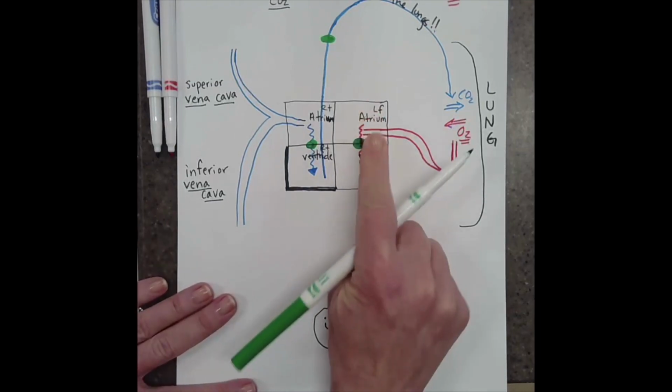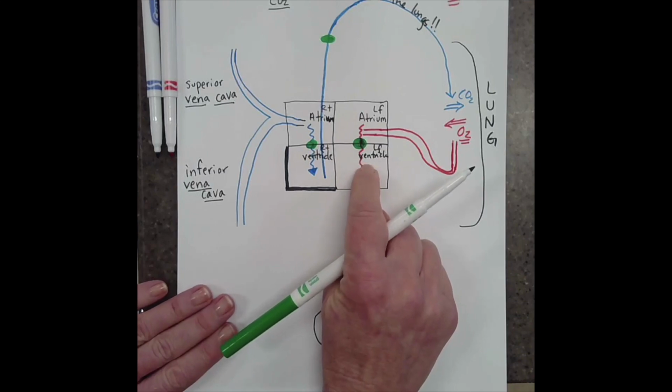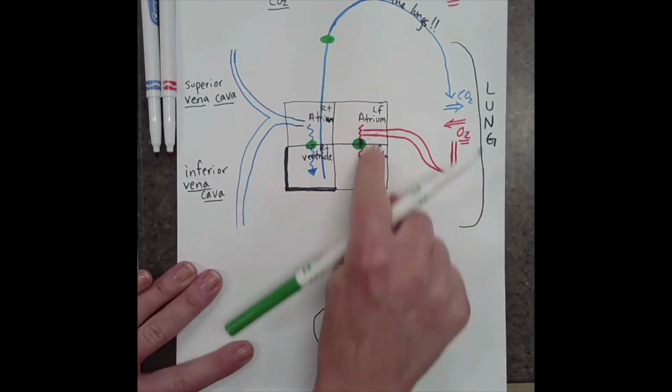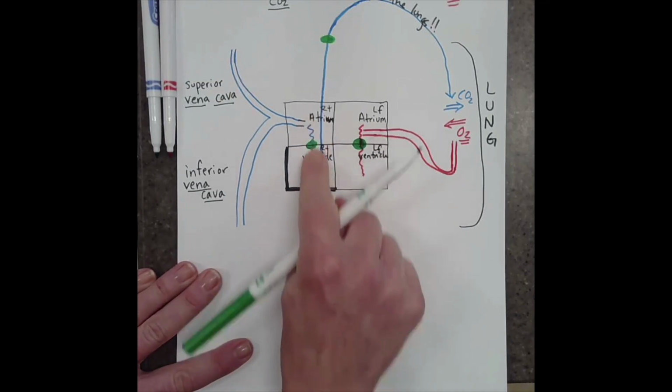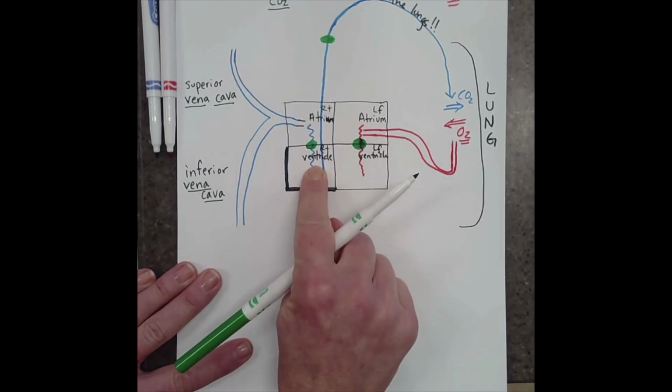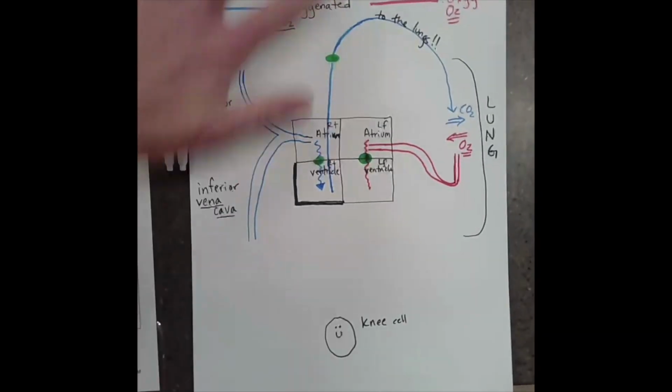This is a holding chamber. This is a place where a lot of serious pumping happens. This side of the heart has to pump to somewhere different. So this side only pumps to the lungs. This side has to pump somewhere else. Where are we pumping to